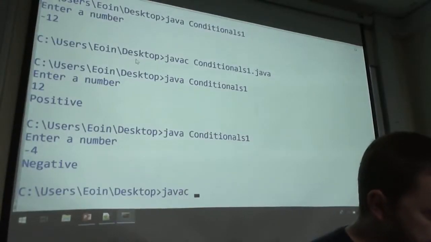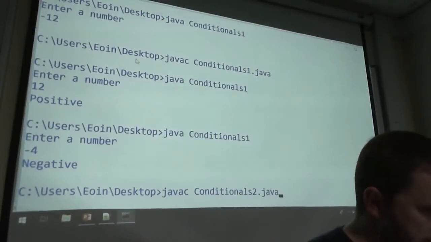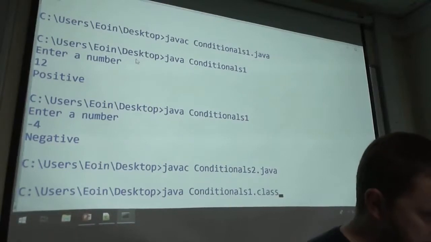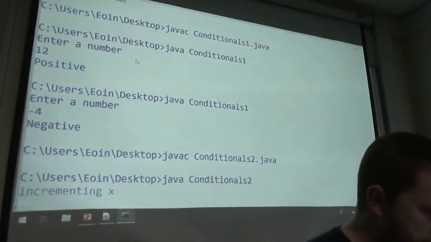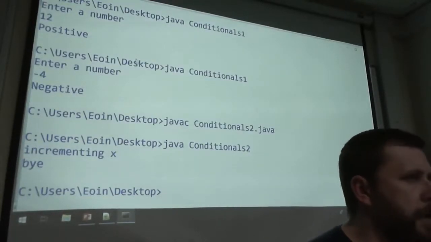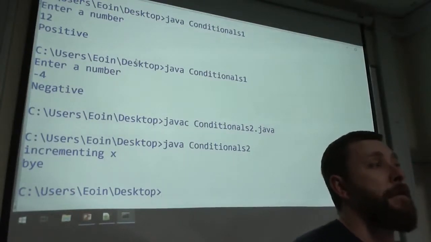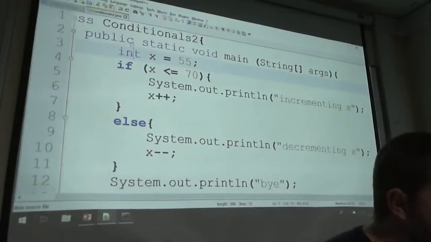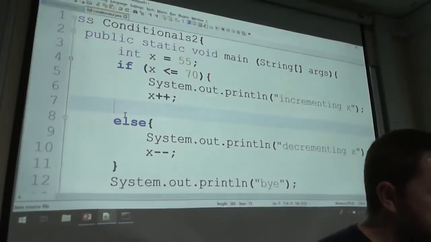So javac conditionals. Okay, and then java. Okay, incrementing x and y. Now, we never print out the value of x, we just tell the user, hey, we're incrementing the value, and we finish from there. If I was to move this bracket, delete it off line 7, and put it here,